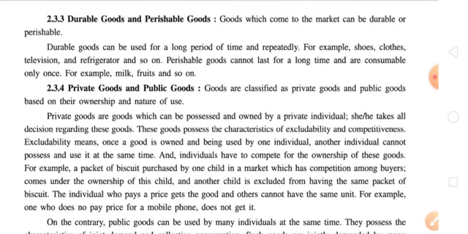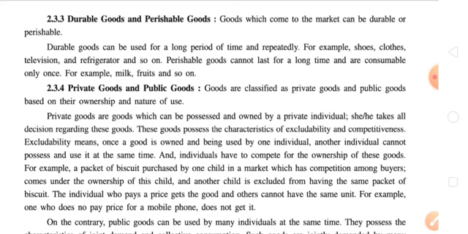First, goods which come to the market can be durable or perishable, because it is the very nature of that particular good that it is either durable or perishable. We are having the market for both of these categories, like the markets for vegetables, fruits, milk, etc., which come under the perishable goods market, while the market of TV, refrigerator, AC comes under the category of durable goods market. So we will be having market availability of both these durable and perishable goods.